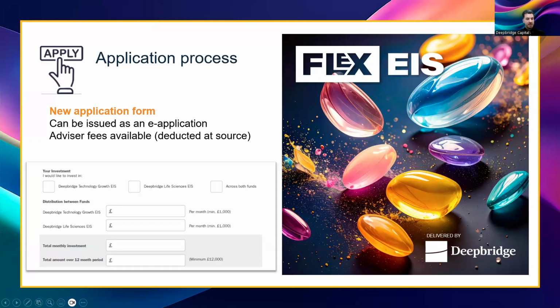For the application process, Deepbridge can issue application forms via DocuSign or printable paper-based forms. Very, very easy via the DocuSign version, which again, I'm sure you've used elsewhere or have used by now via PDF. So all parties get a completed copy of the application form. So just a note on advice fees, we do deduct this at source from subscription. And prior to even raising an application form, we can raise illustrations to display the grossing up amount to include your advice fees as well, to show what the net investment would be and therefore the full tax relief that can be claimed by the investor.